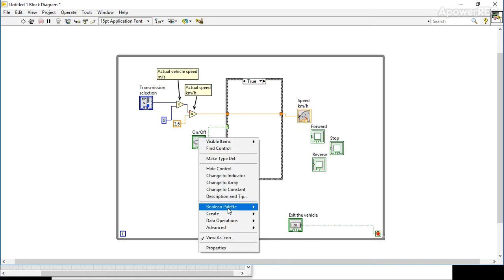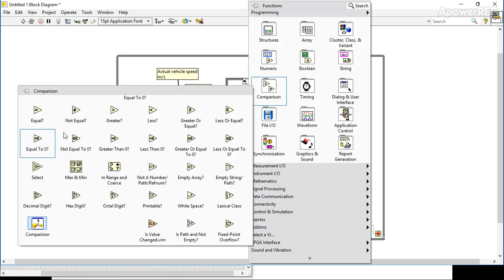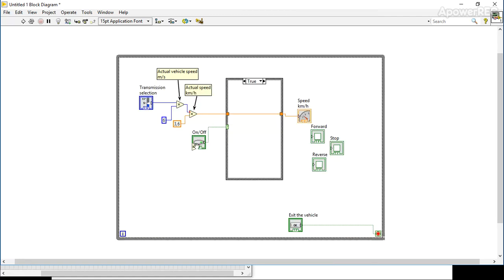We can go to the Boolean, to the comparison palette, and we will check if the value is equal to 0, then stop should be activated. If the value is not equal to 0, then stop should not be activated, and this is what this node does. So it checks the incoming value, compares it to 0. If it is equal to 0, then it gives a true